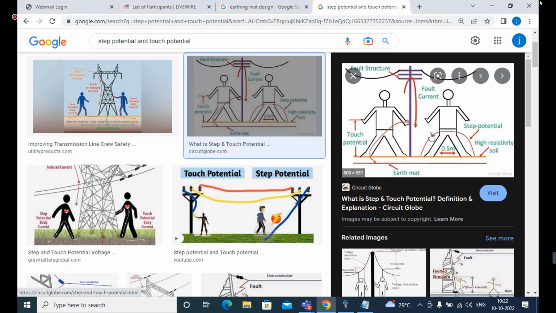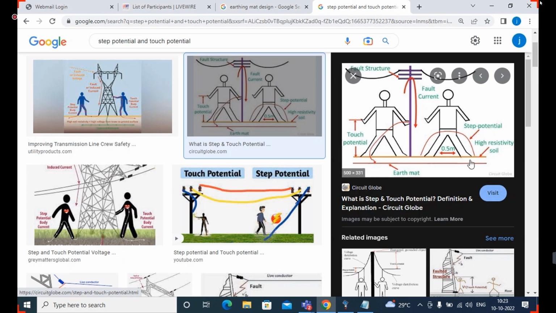Just consider in which place the potential difference occurs. Can you see here, between the two feet only, a voltage difference occurs, right? In whichever place the potential difference occurs, in that place only the current will flow.